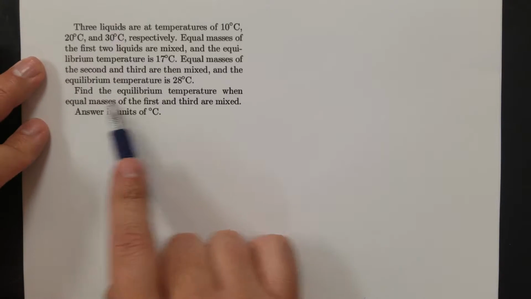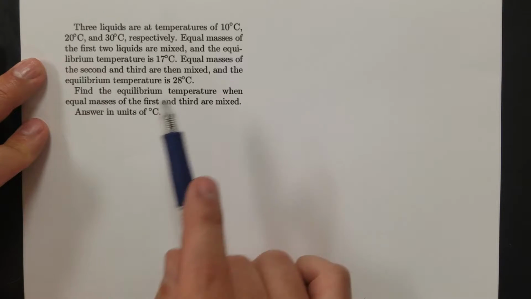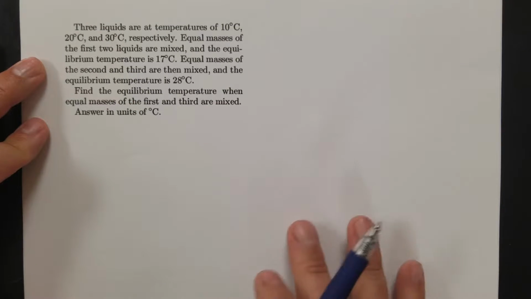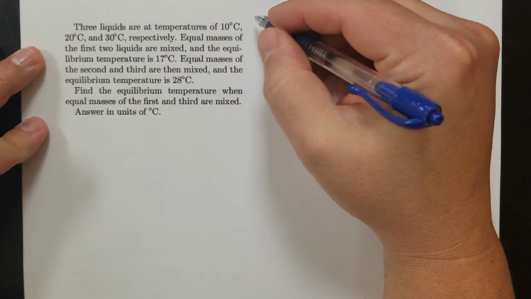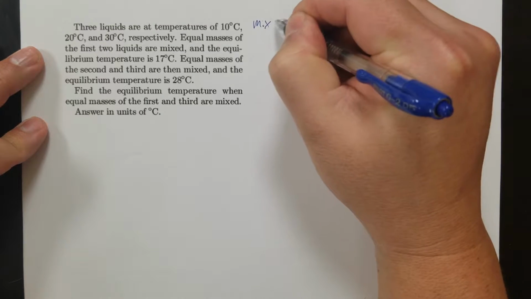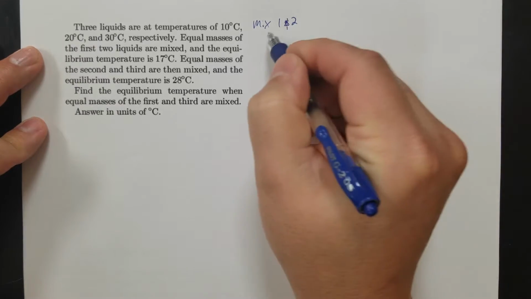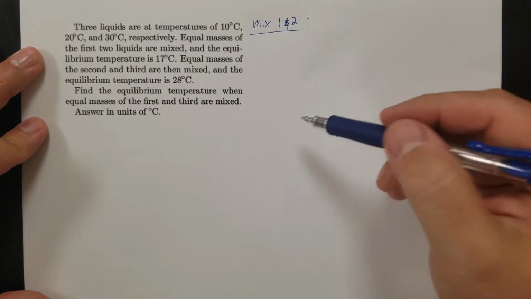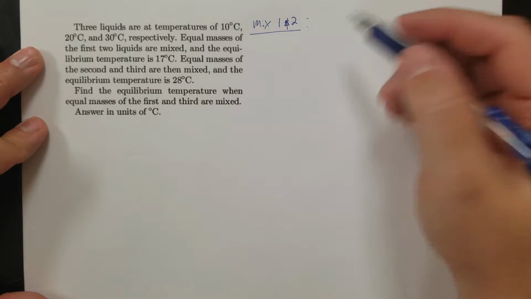And the question is, find the equilibrium temperature when equal masses of first and third are mixed. So this doesn't say water, this says liquids. So I don't know the specific heat of the liquids, so I've got to figure them out. So what I'm going to do is write what happens when I mix 1 and 2 first, then do 1 and 3, 2 and 3, and then combine them. Okay, so when I mix 1 and 2,